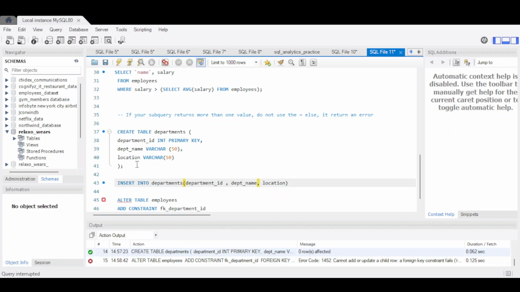Alright, department ID, department name and location. That's just what we want to know. So what do you want me to do now? We are gonna insert into this, say values,